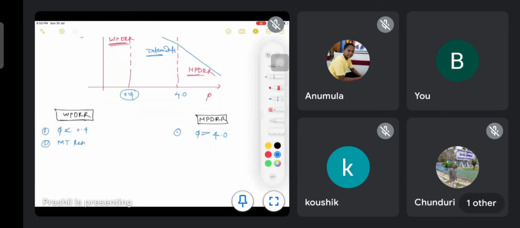Mass transfer resistance is low here, and here mass transfer resistance is high. The next thing you write is the third point. If there is low mass transfer resistance, the decrease in concentration will be low, and here the decrease in concentration is high. Fourth point is